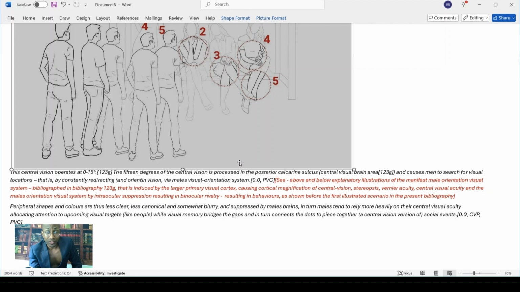These different visual systems being used by the human mirror neuron system in these different motor repertoires necessarily lead to these instances through the human mirror neuron system and embodied simulation and high-level inferences of the default mode network, where you can read more about this information in Bibliography 0.0. The book CVP specifically covers a much heavier male-centric aspect of the visual system. PVC has more information, and this bibliography specifically covers a very female-centric version, locus coeruleus of the brainstem, and more grey matter, which is the processing power that the brain uses to process the